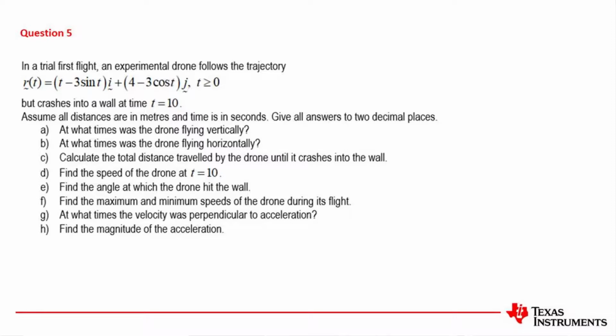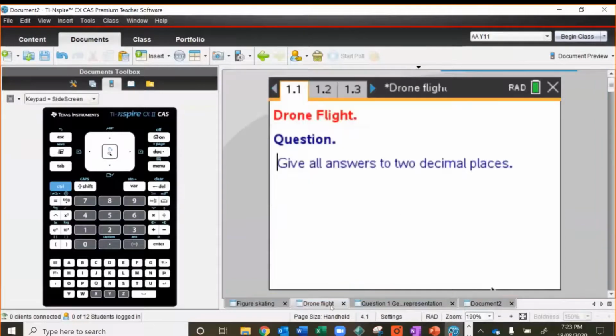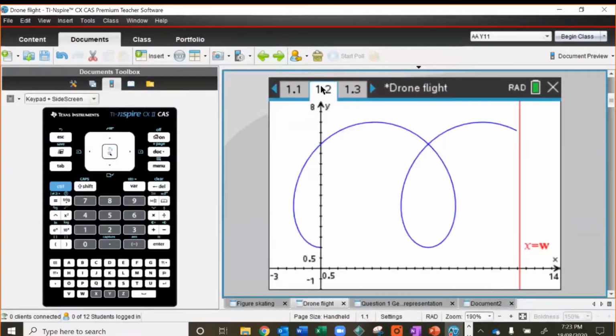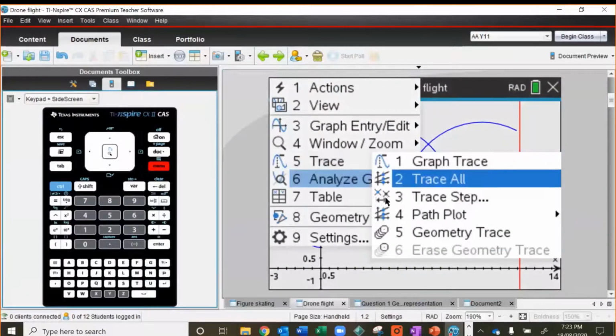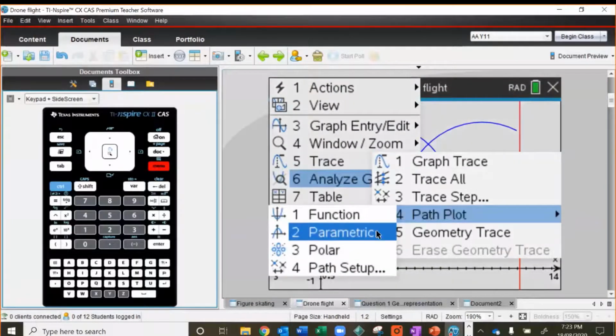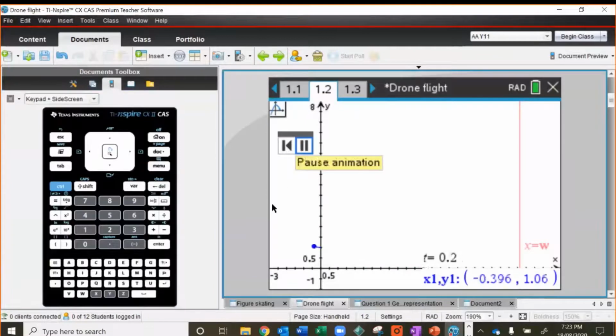At what times was the drone flying vertically, horizontally? Calculate the total distance traveled by the drone until it crashes into the wall, and a few other questions. I have prepared that again as a document, and let's see how the motion happens if we have parametric equations, and we can see how this drone